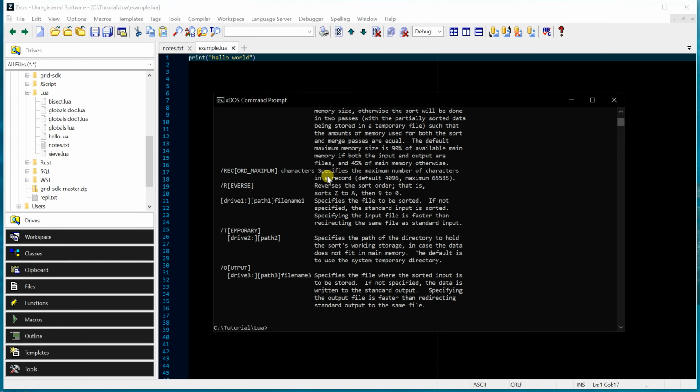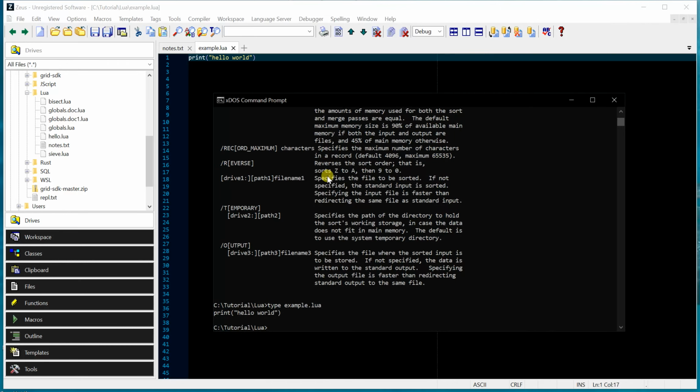As I said, I'm not going to go into those details, but to run the Lua interpreter, you need a command prompt. And what you would be doing is going lua.exe and then passing in the example file. Now before I do it, I'll use one of these command prompt commands. I'll use the type command, which actually displays the contents of the file. As you can see, that's our script. That's the contents of that file. And if I now run this,